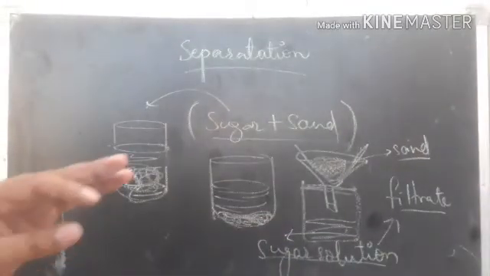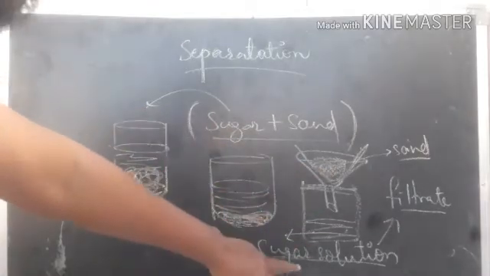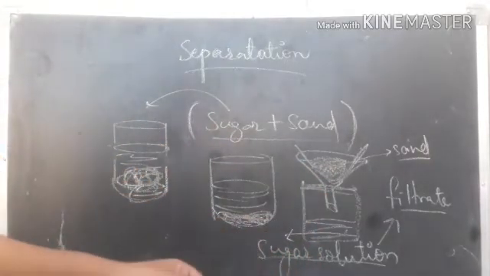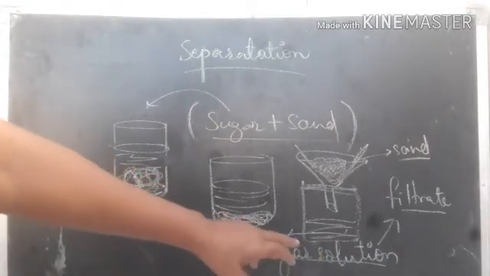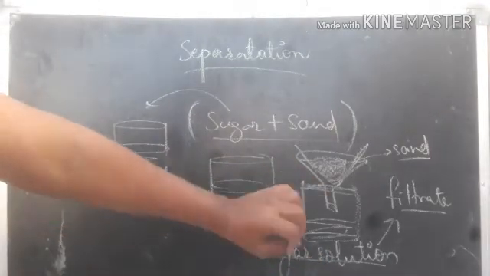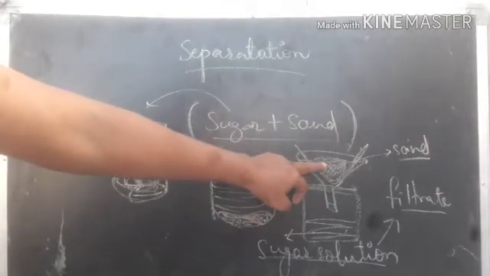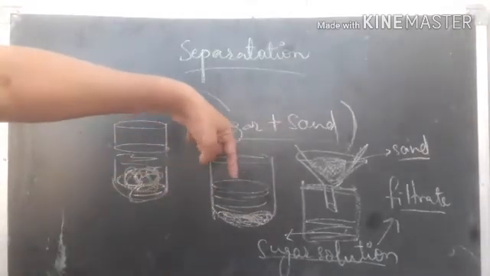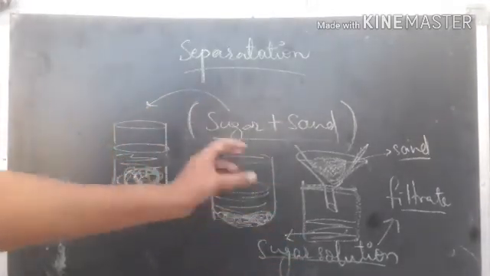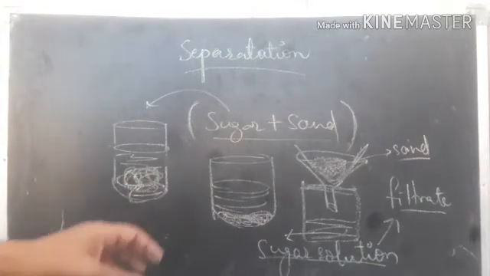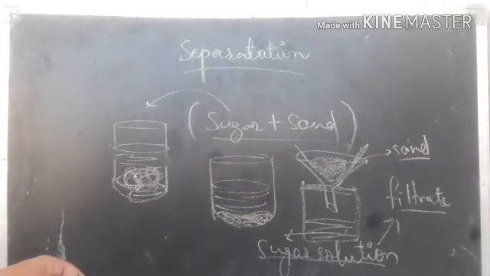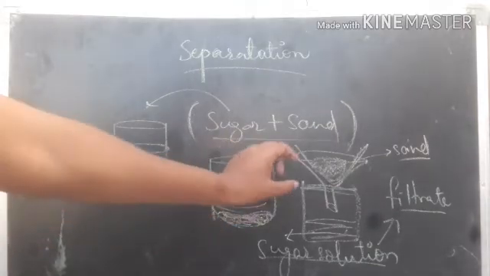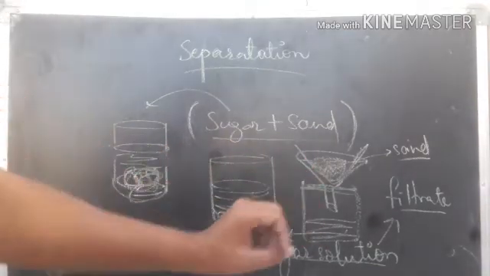Now in the first stage we separated sand and sugar, but here we need sugar in pure form. Now it is with the water. We have no need of sugar water, we need only sugar, right? Here sand is removed. Why? Because sugar is soluble, sand is insoluble. When you mix in the water, the sugar crystals dissolve in water and the sand remains as it is. So depending upon the solubility of the material, we separated sand and sugar, right?